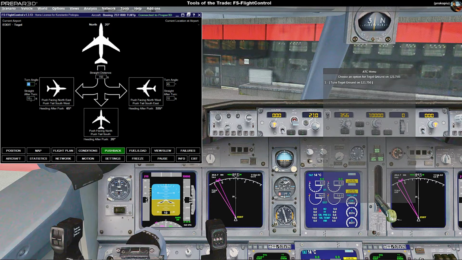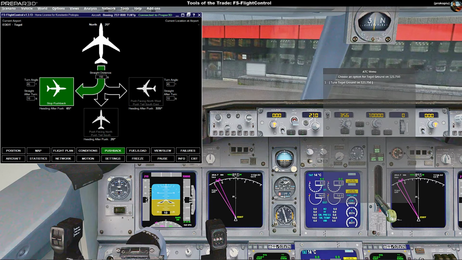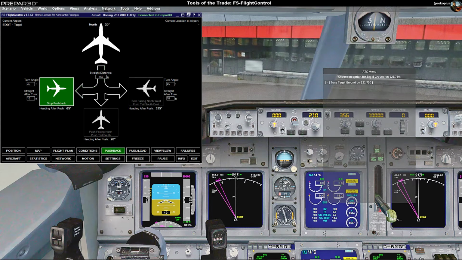Forty-five straight after turn, 10 feet, push facing northeast. So you can set up quite a few parameters, then you press this button and it will immediately begin with the